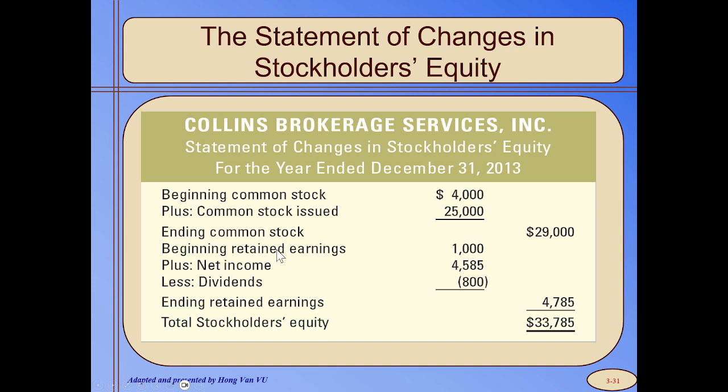The second part of the statement of changes in stockholders' equity is about the retained earnings. The beginning retained earnings is 1,000. The company adds the net income of 4,585. They pay the dividend, so the total retained earnings at the end of the period should be the sum of the beginning plus the net income minus the dividend, which is 4,785, and the total stockholders' equity should be the sum of the ending common stock and ending retained earnings of